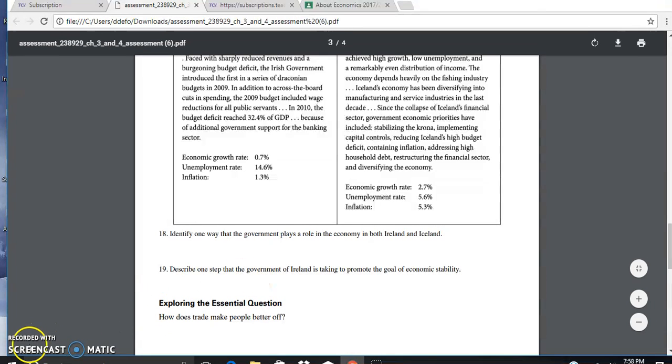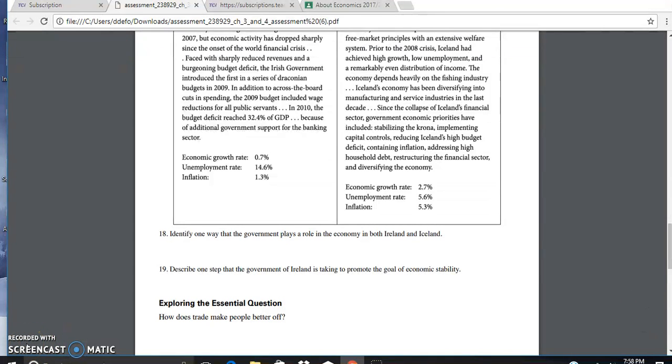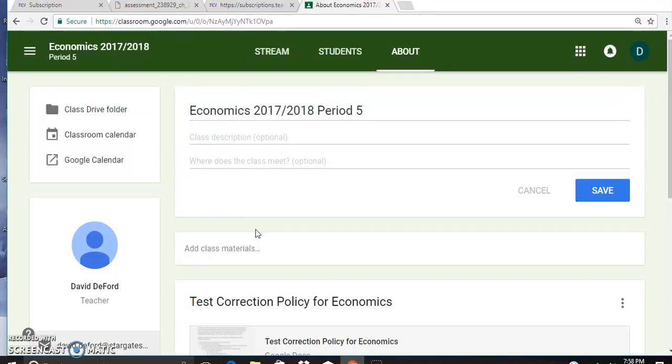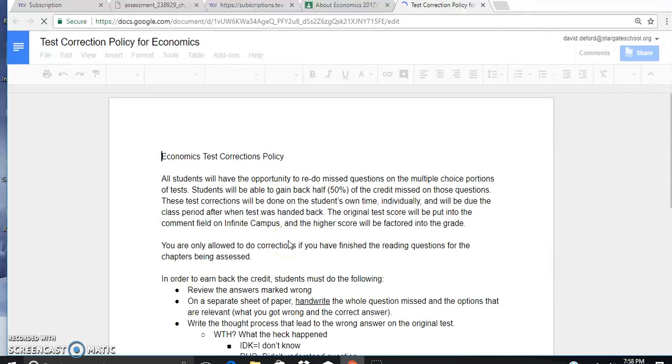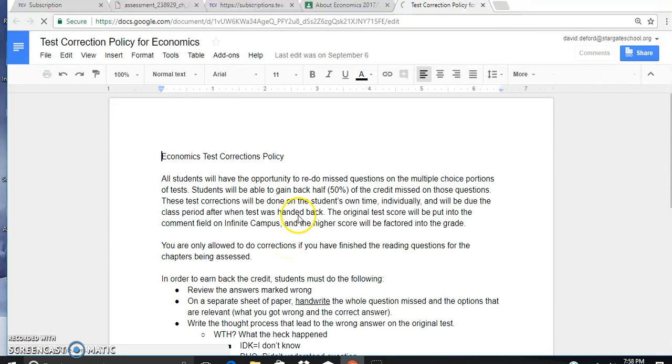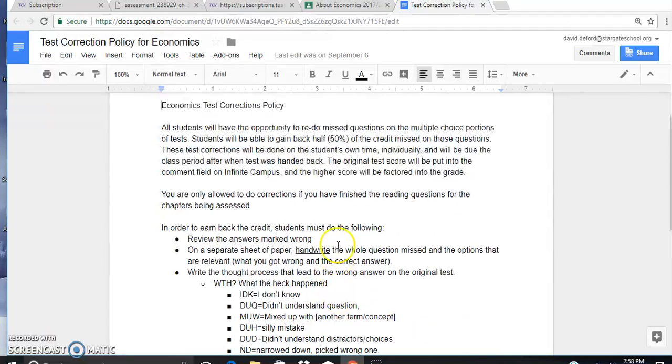At that point, what you need to do is follow the test correction policy to finish off your corrections. Let me remind you again where you can find those. When you go to the Economics Google Classroom, if you go to the About section, you should see that there is a test correction policy for economics. If you open that up, you will then see the different things that you need to do to get credit. So just to remind you of some of the more important things,